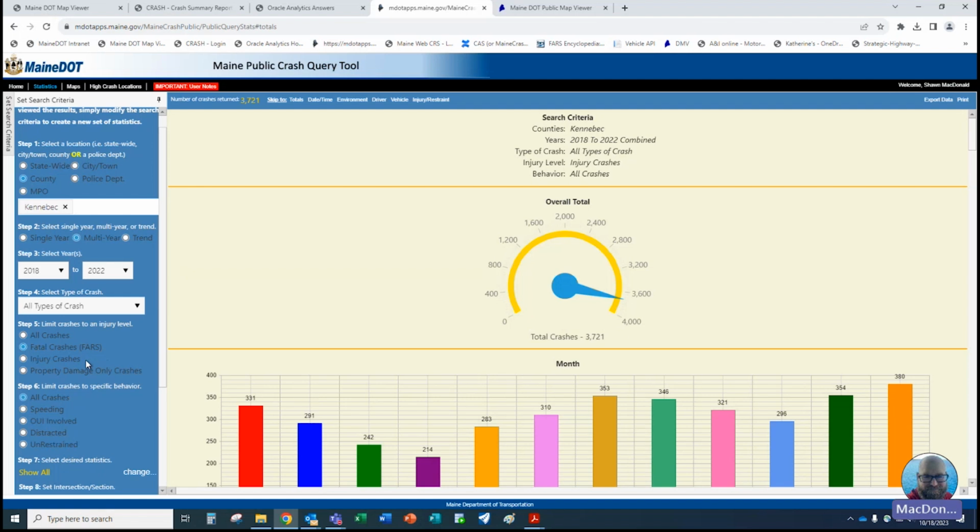The FARS fatal crashes haven't actually been finalized even for 2022 yet. They'll be finalized for 2022 at the end of this year. They're always a year behind what we're looking at. But FARS is the Fatal Analysis Reporting System, I think is what the acronym stands for.